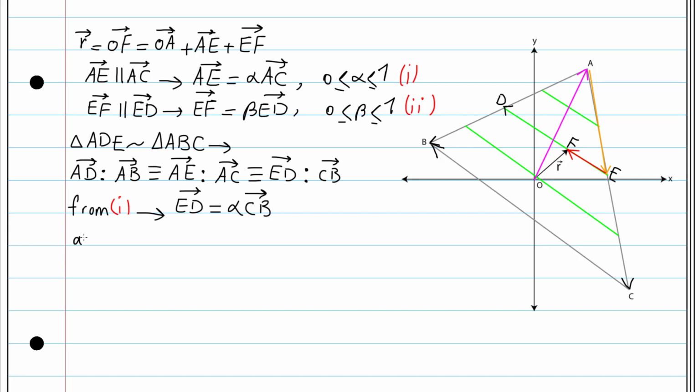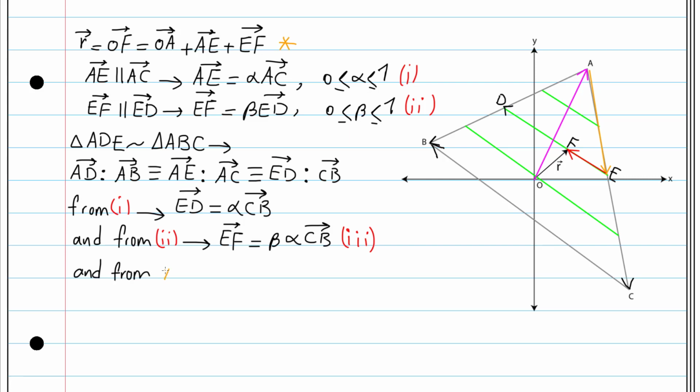And from 2, we can see that EF is equal to beta times alpha times CB, and we name it 3. I represent the original relation by star. From star and 1 and 3,